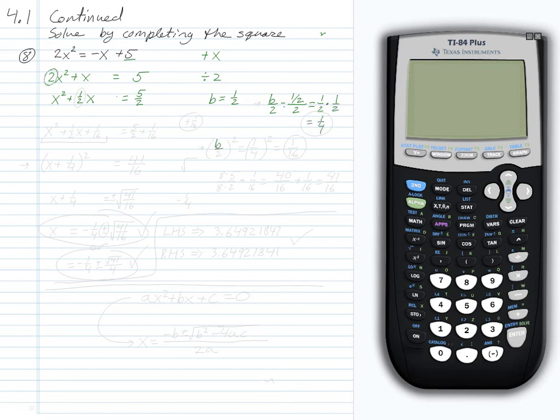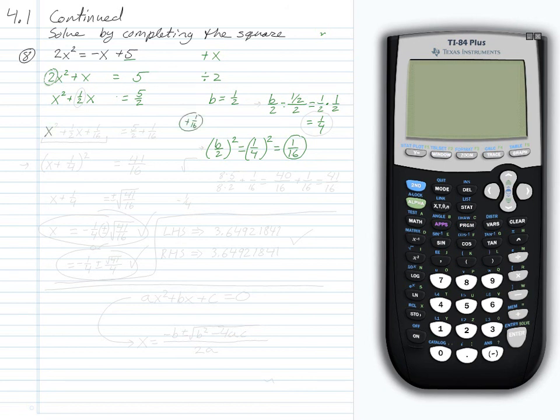Which means that b over 2 squared would be 1/4 squared, which would be 1 squared over 4 squared, or 1/16. This is the number that we have to add to the left-hand side in order for it to be a perfect square, and we have to add it to the right-hand side in order to keep our equation balanced. So let me add 1/16